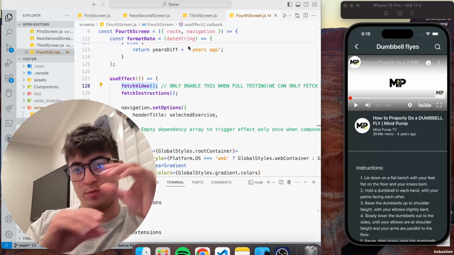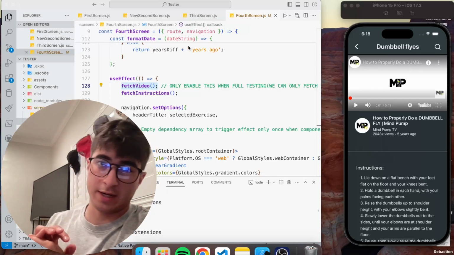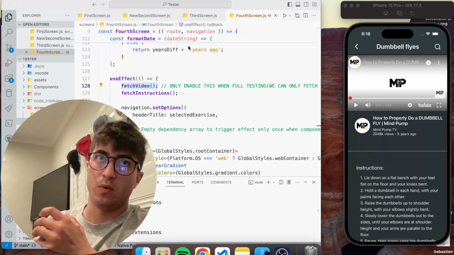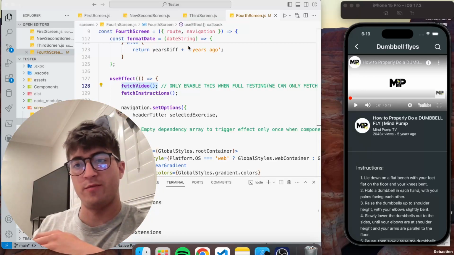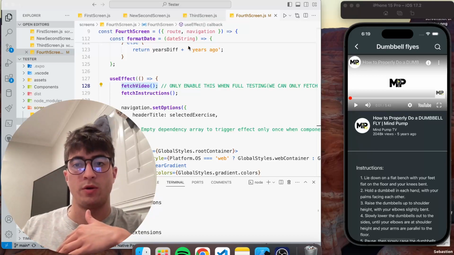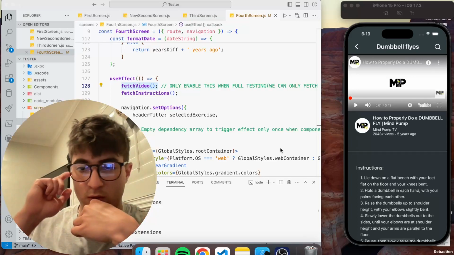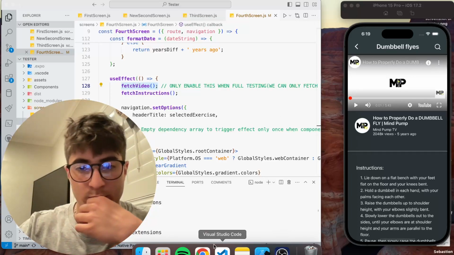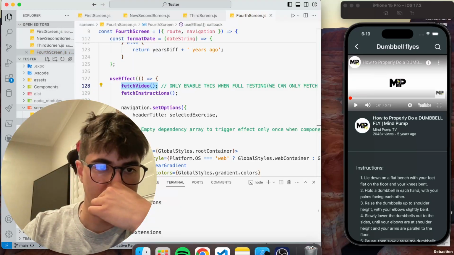We'll import both of those components inside of the fourth screen container file, and from there we'll just make a little nav bar, and conditionally render which component shows up. So I hope that wasn't too redundant, but we'll get started by basically creating,